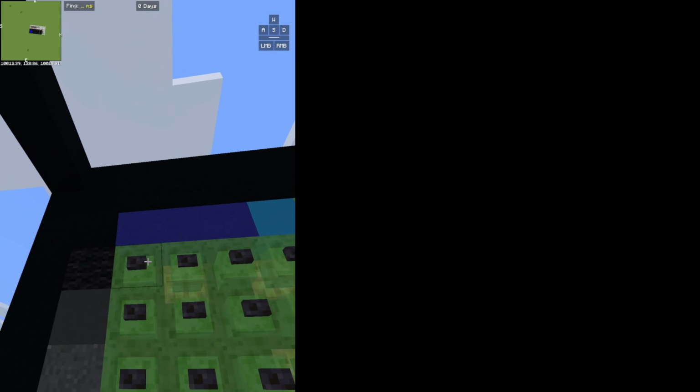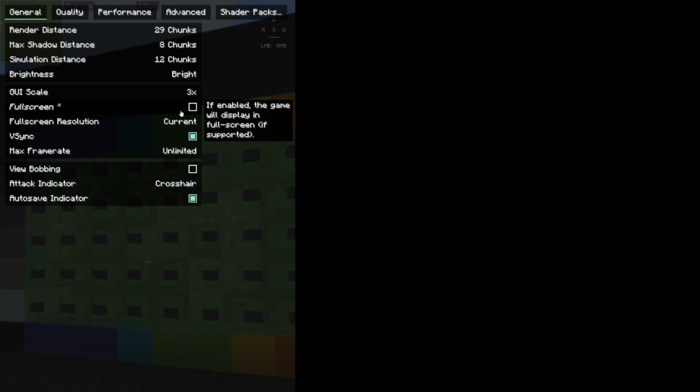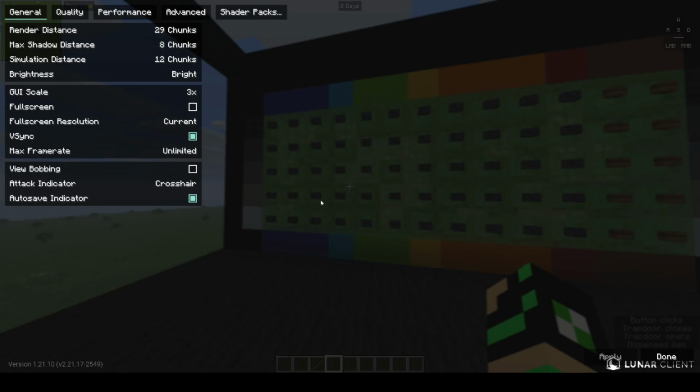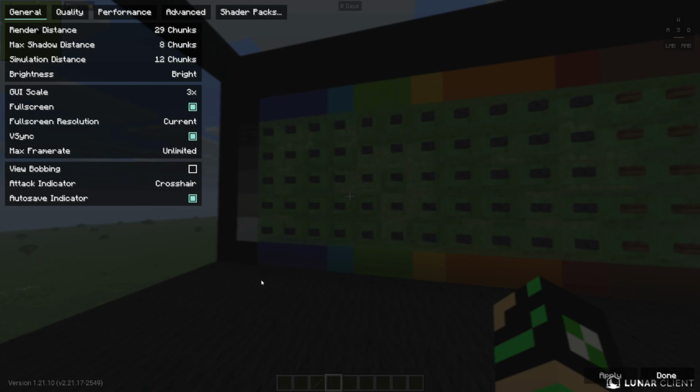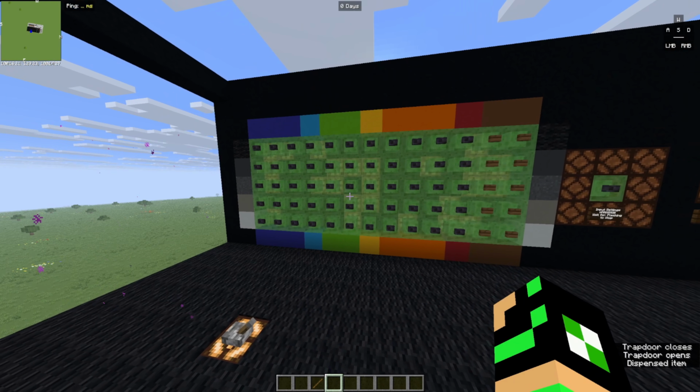Alright. This one, this one, this one, this one, and this one. After that, I'm going to go back to my main screen, on full screen. Go back. Full screen. Now, the only reason I do this is because my PC likes to do something where